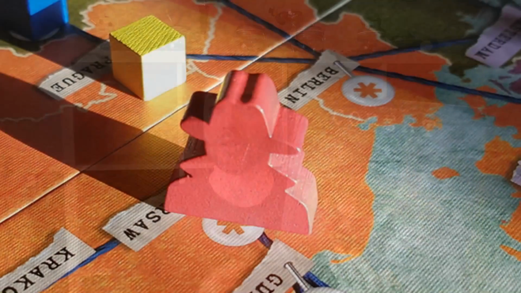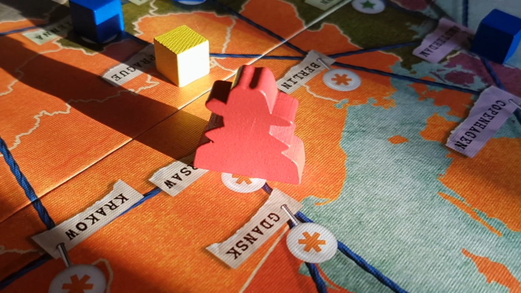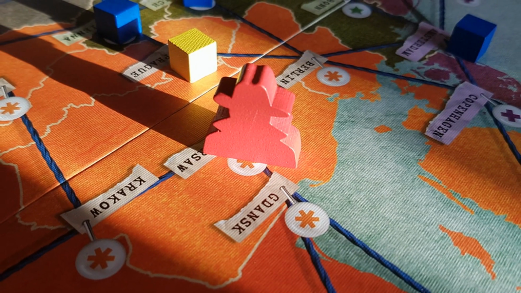So you have items, you have locations, and you do all this while doing dice placement actions. Each player has a number of dice which they roll at the beginning of the round, and with those dice they can select different actions. And this gets kind of tricky because you